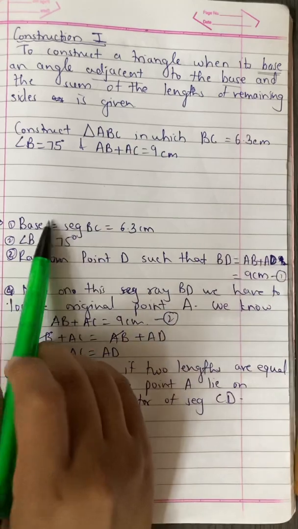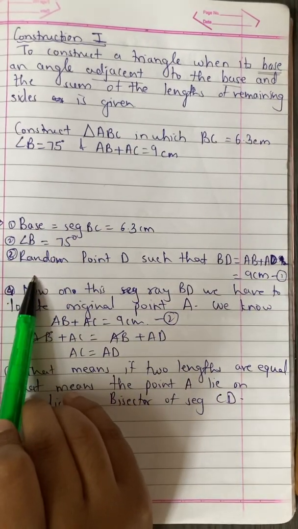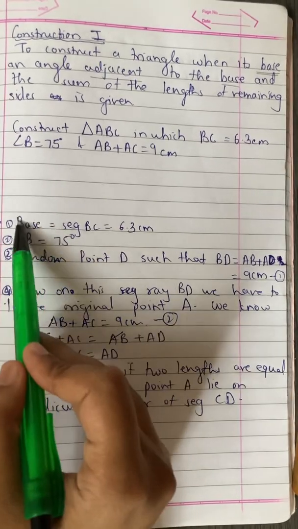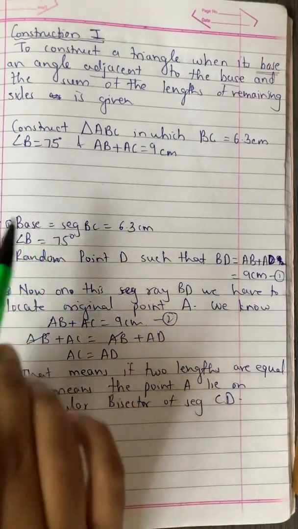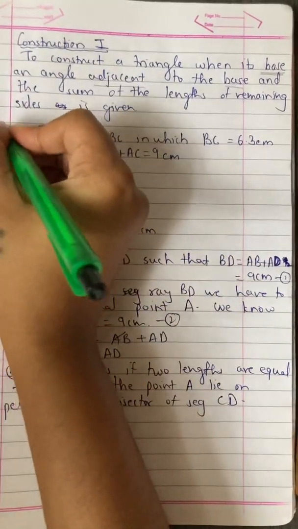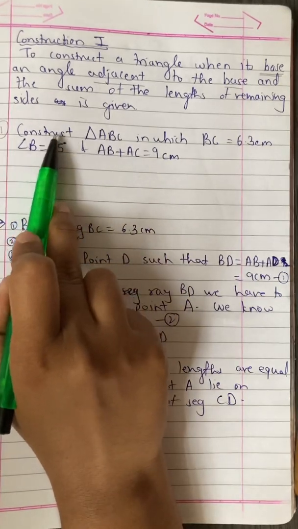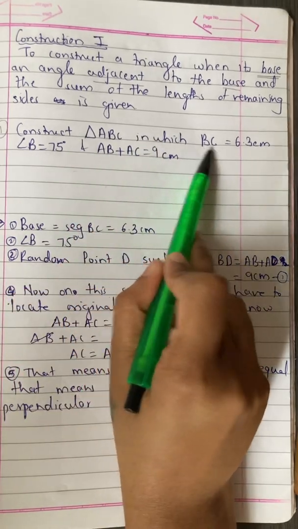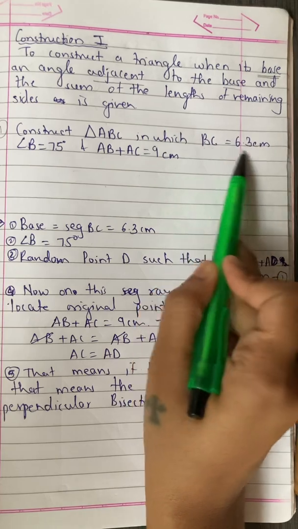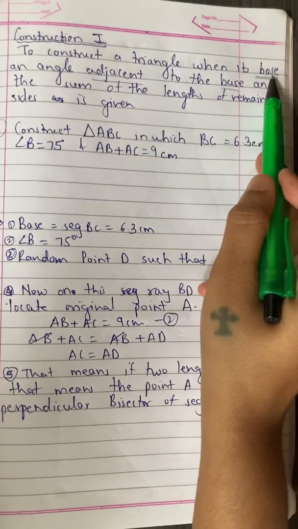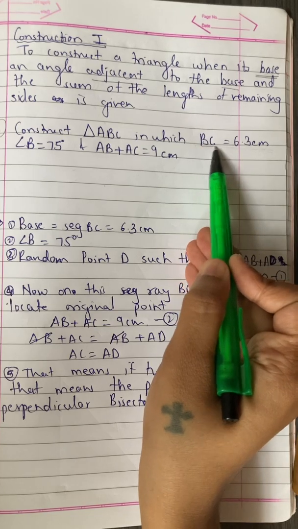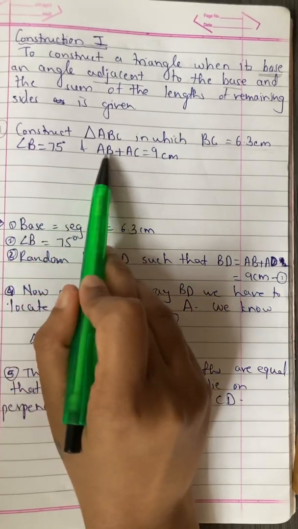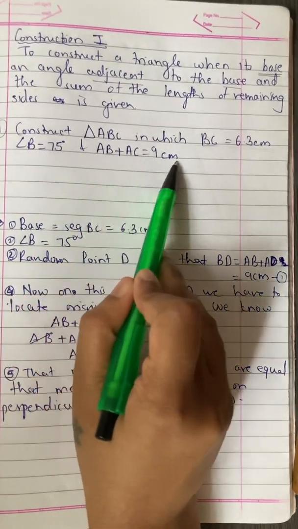So how to construct that? You have to pay attention to the points and the trick which I am going to tell you all. Once you follow the guidelines and the steps stepwise, then only you will find this construction easier. Now in example 1, understand the question carefully. Construct triangle ABC in which BC is 6.3 centimeter. BC will be the base, so one side, that means base, is given. Now the angle attached to this base, angle B, is also given, 75 degree, and the sum of the remaining 2 sides is given, which is equal to 9 centimeter.